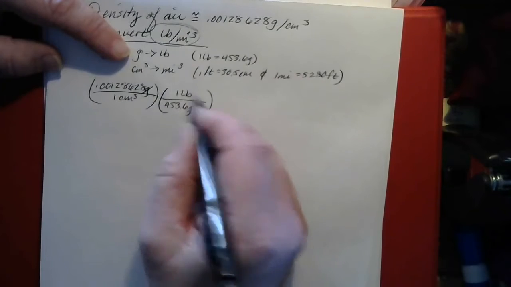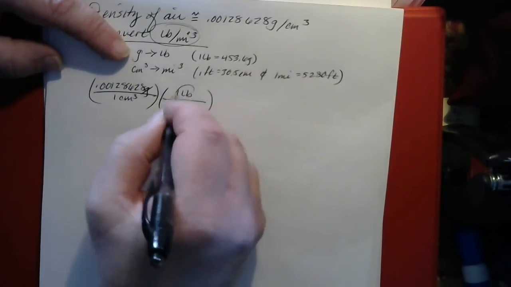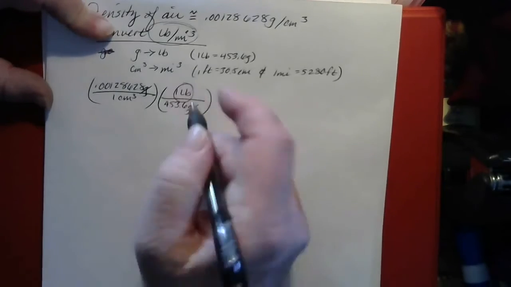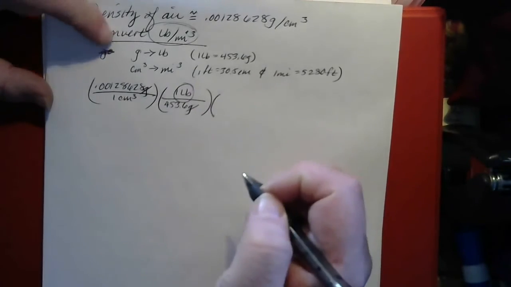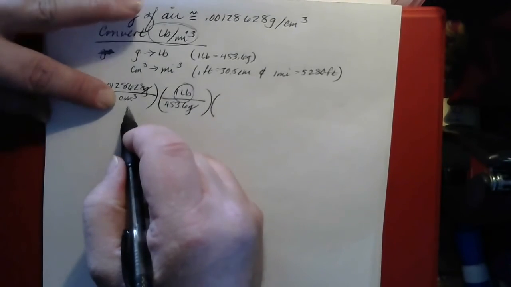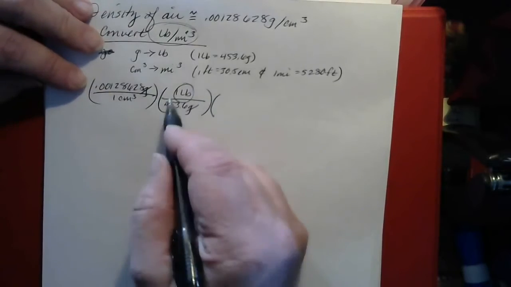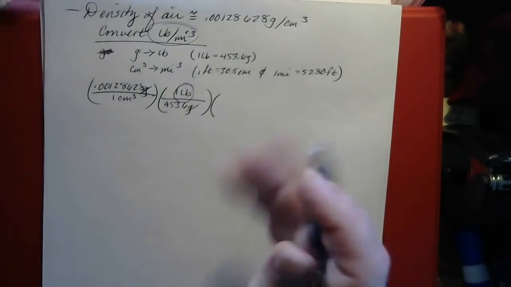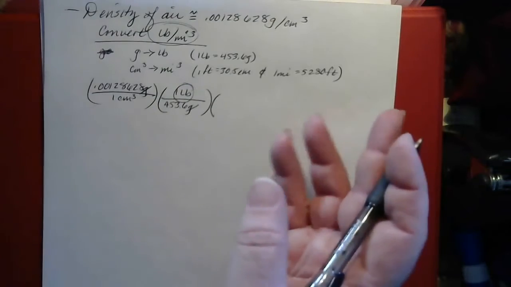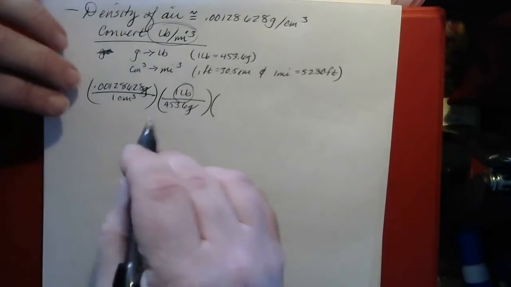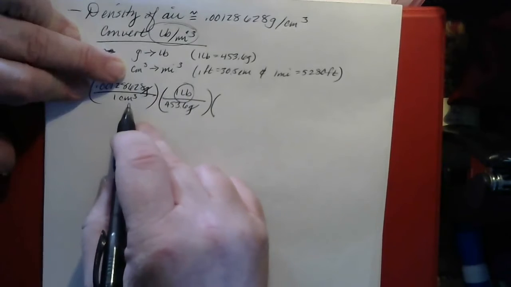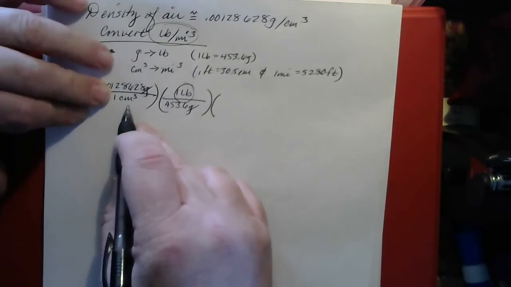All right, so grams will cancel. We have pounds on top. I'm going to circle it because we've got the unit on top that we want. And then we can continue on and come back to the cubic centimeters. If we stopped and wrote down the answer now and multiplied the numbers out, we'd have pounds per cubic centimeter, which is a pretty weird unit because it mixes English and metric units together. If we just go back and convert the centimeters, though,